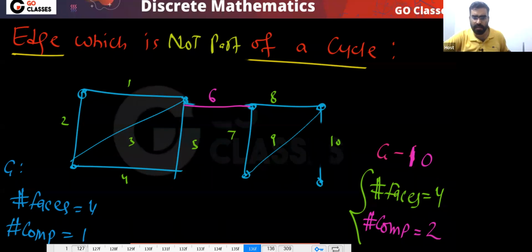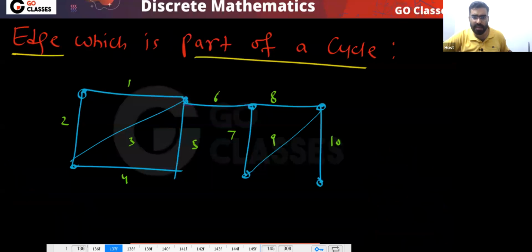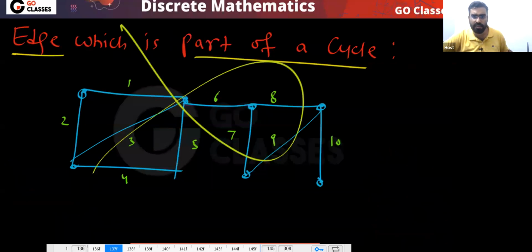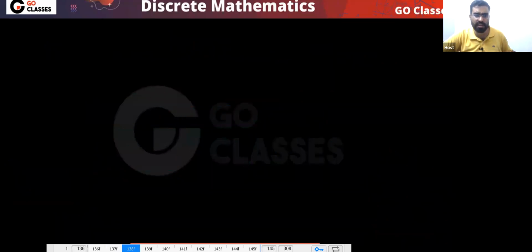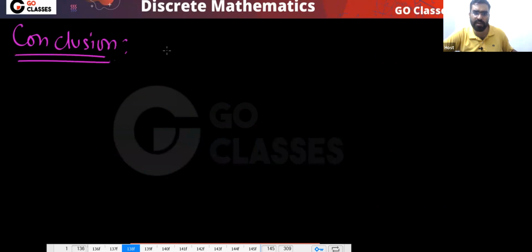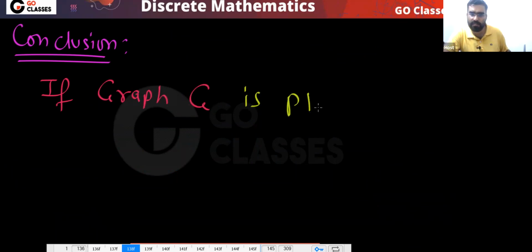Is this clear? Remember, very nice MSQ questions can be created on these things. So this is the conclusion. Finally, this is the conclusion. And this conclusion is very important: it is only applicable for planar graphs. If your graph G is planar,